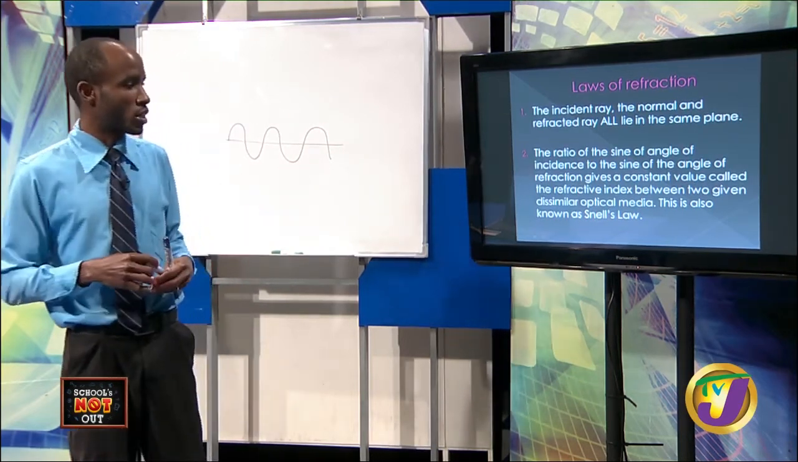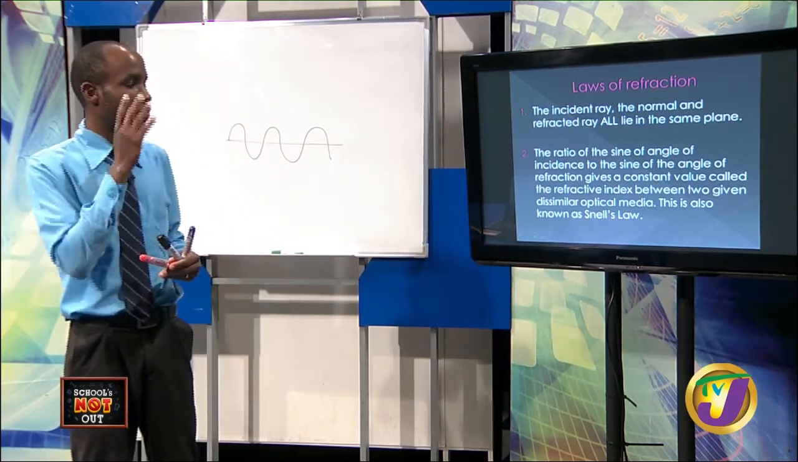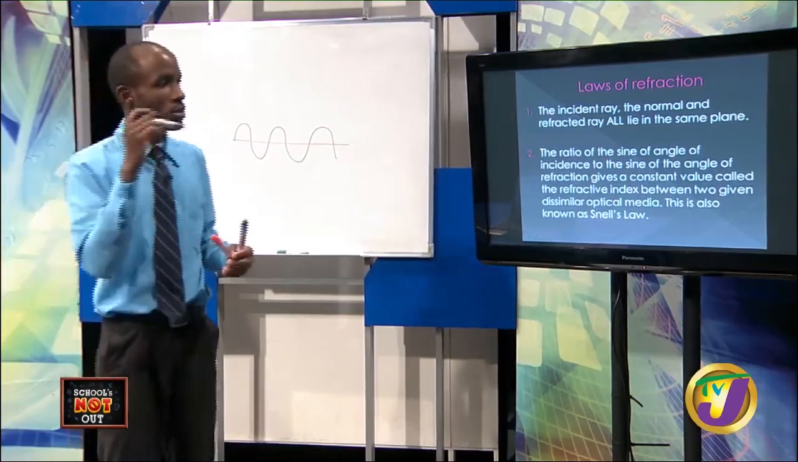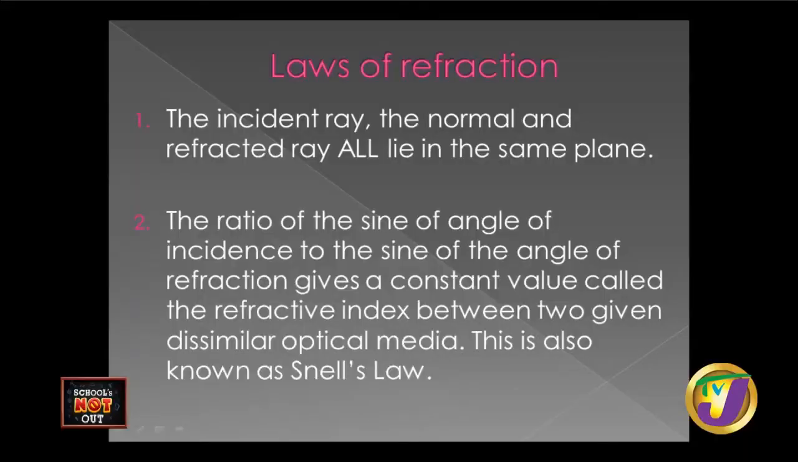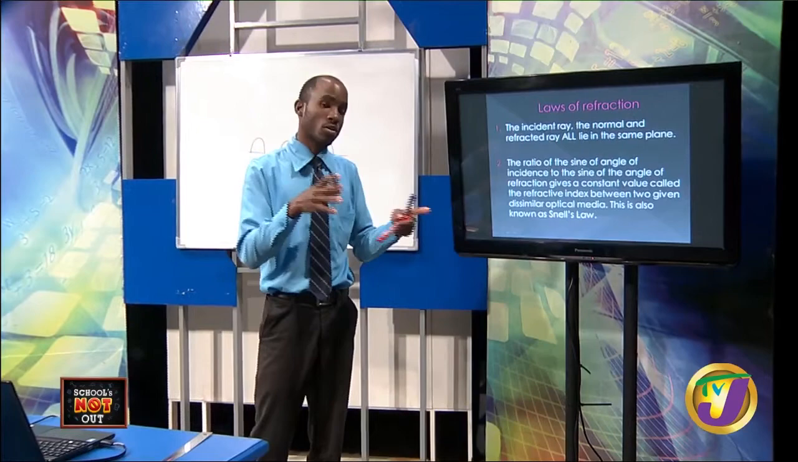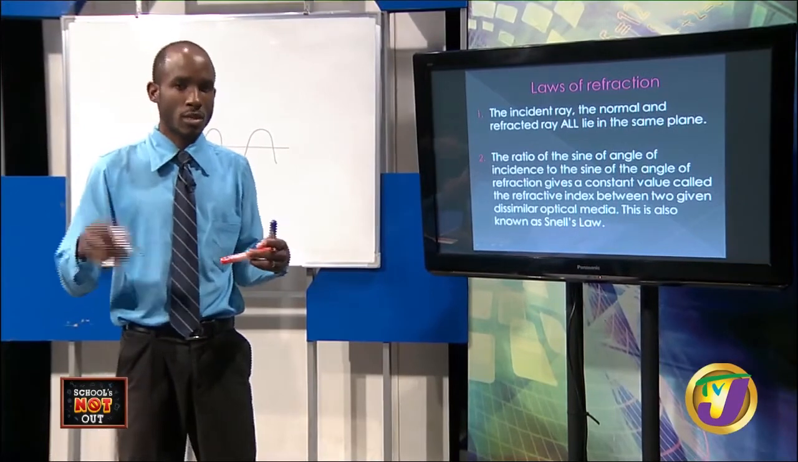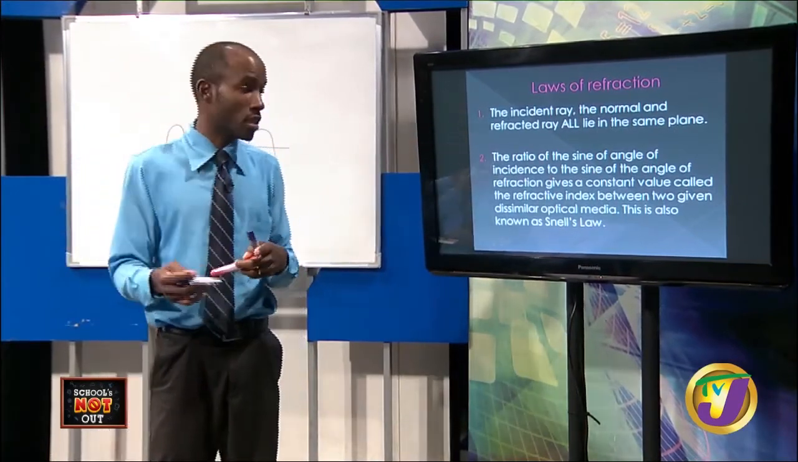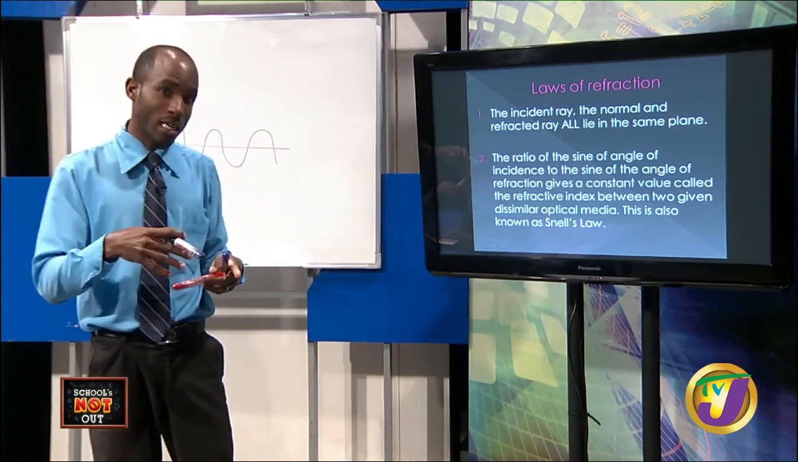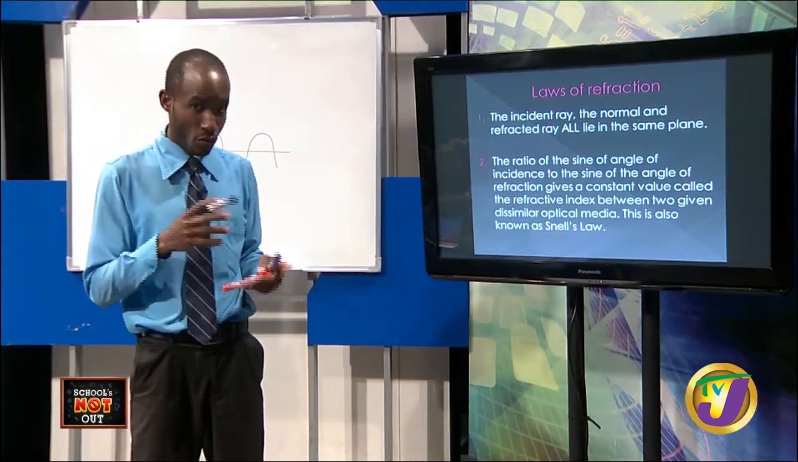Now here's the difference with refraction. The ratio of the sine of the angle of incidence, it's a bit wordy, work with me, to the sine of the angle of refraction gives a constant value called the refractive index between two given dissimilar optical media. Wow, what a mouthful. Essentially, and we're going to look at the diagrams, there's an angle of incidence just like reflection. But instead of just looking at the bare angle, we take the sine, using the trigonometrical ratios: sine, cosine, tangent, right? So we take the sine of the angle of incidence and the sine of the angle of refraction,